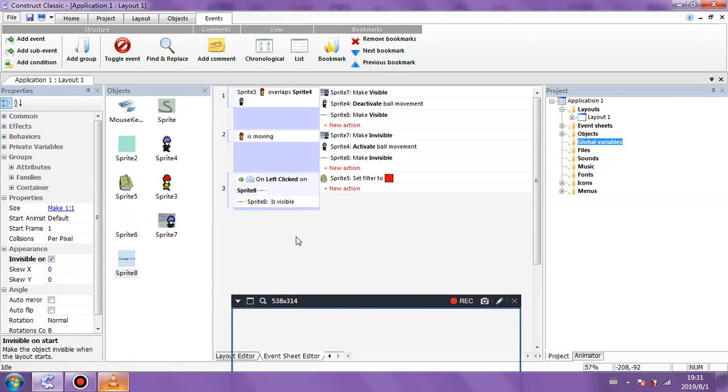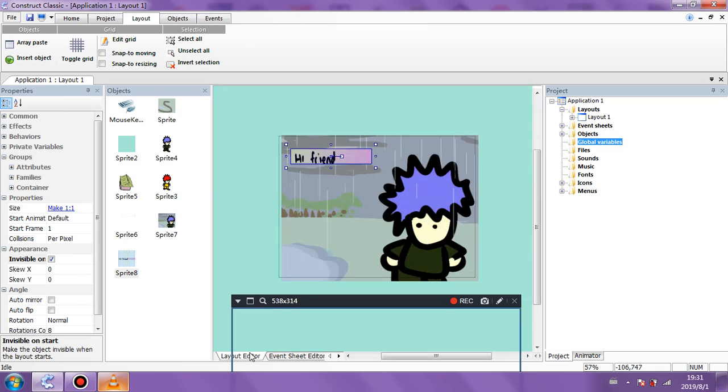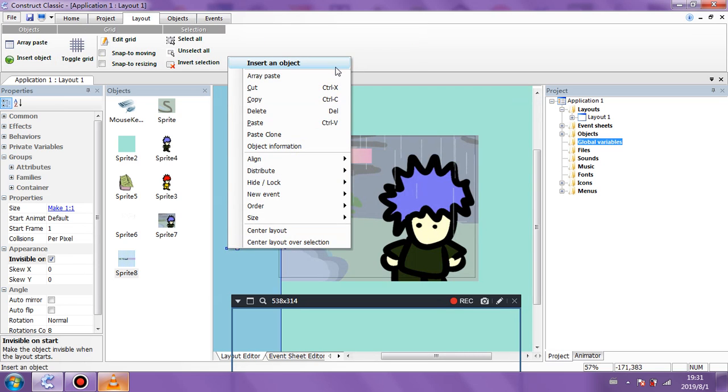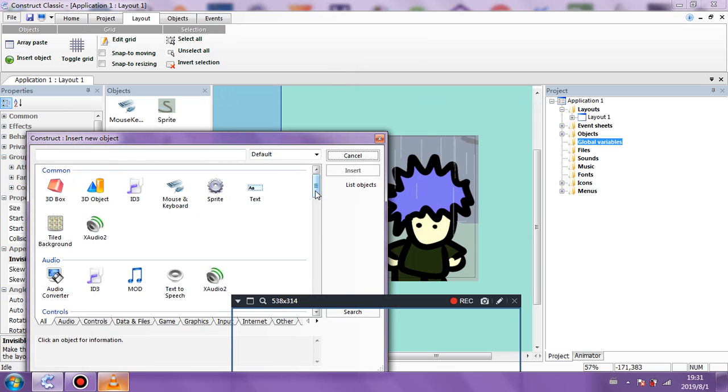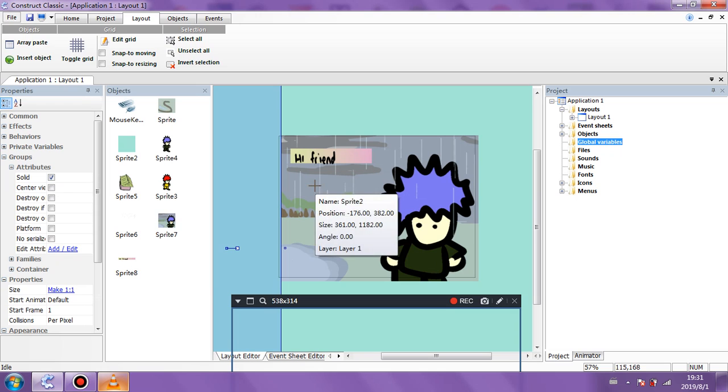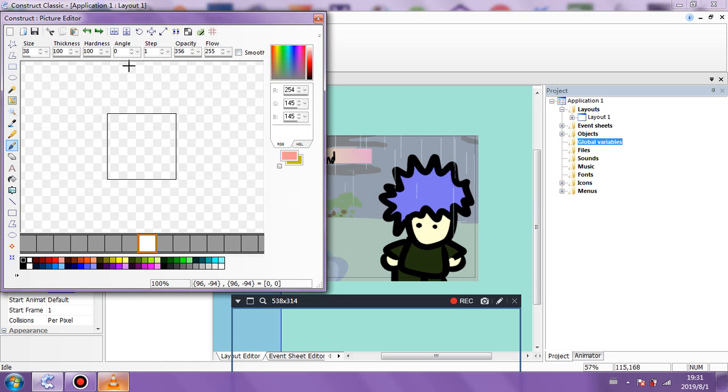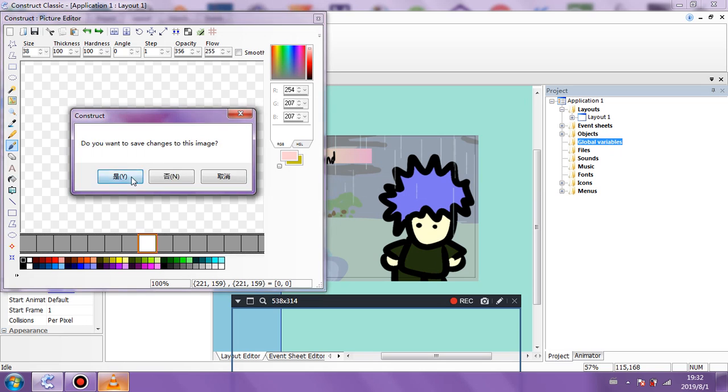But before I go, really quickly, let's just see if I can do this. I'm going to add new, insert an object. Go to sprite, click up here, and we're going to make any kind of a red box. Let's make it like an X, and the X is going to mean if I click it, it's going to make this dude disappear. Right, okay.